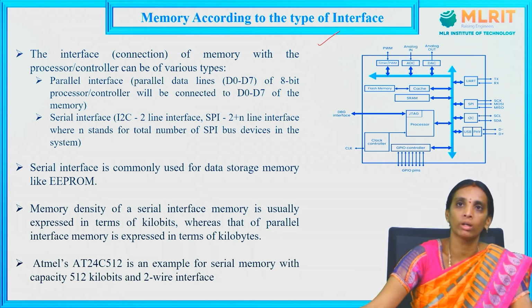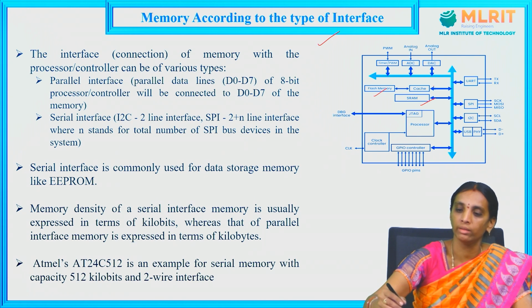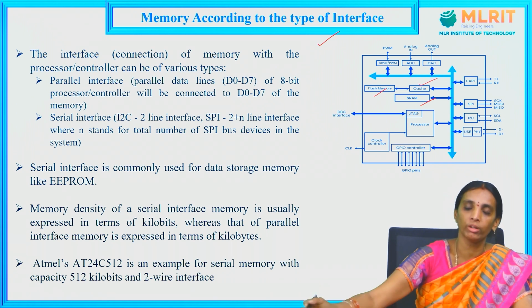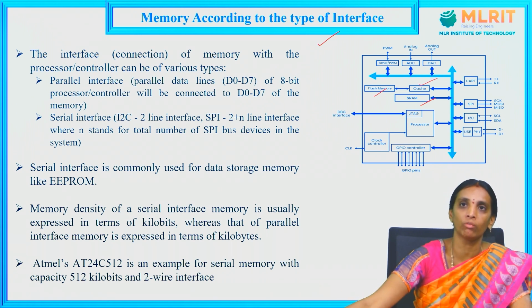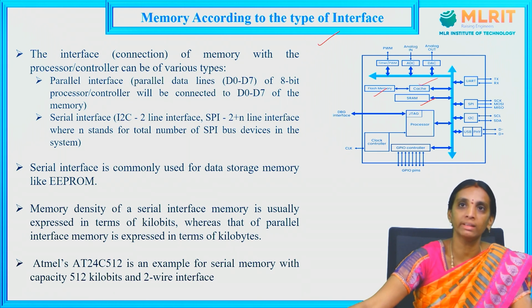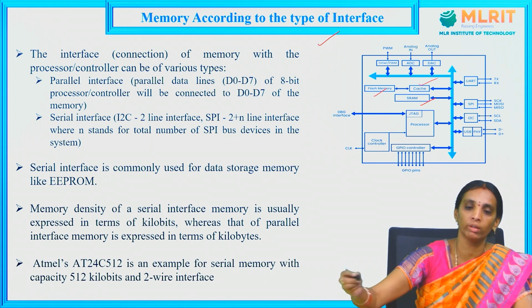We have already discussed that there are different types of memories, which are ROM and RAM. Flash memory comes under ROM, and SRAM comes under RAM. On these memories, how can we connect them to our controller? The method of providing a connection for memory to the microcontroller or processor is known as interfacing. What are the different types of interfaces we have, and which interface can be used for which memory? We will discuss this in this topic.